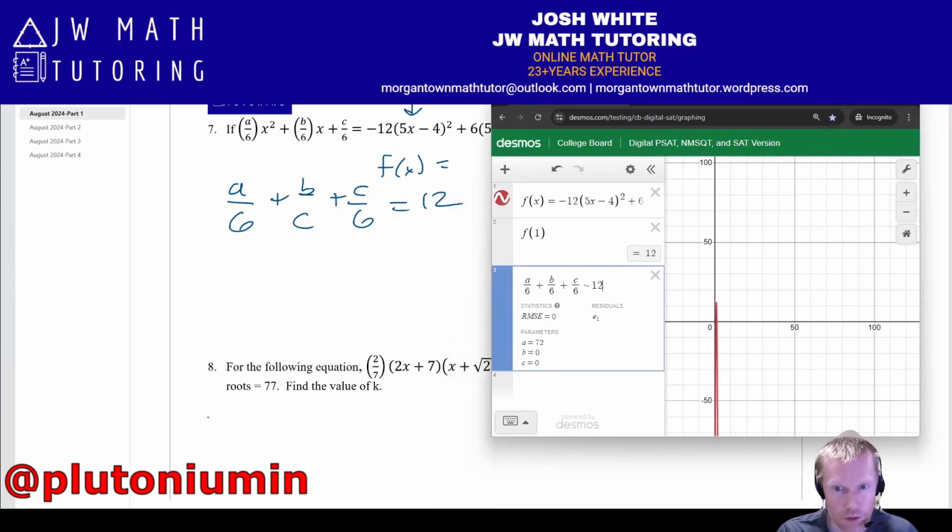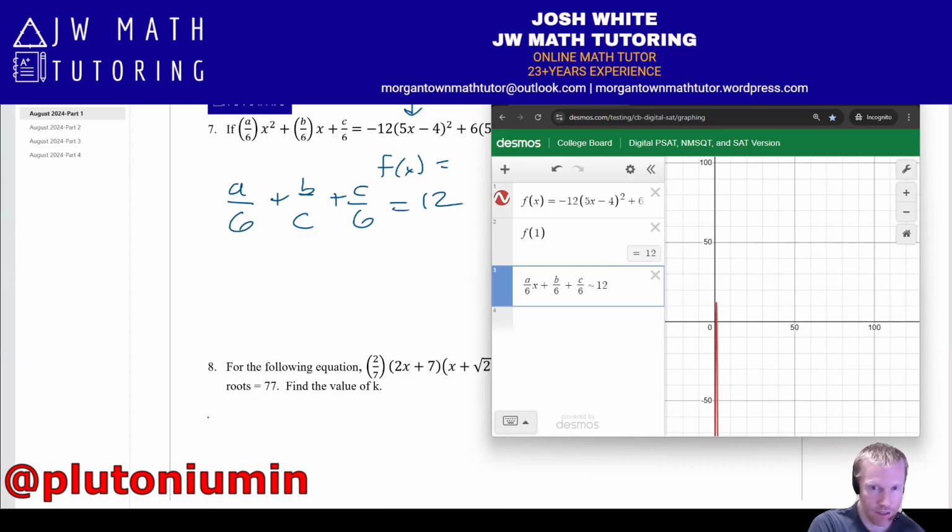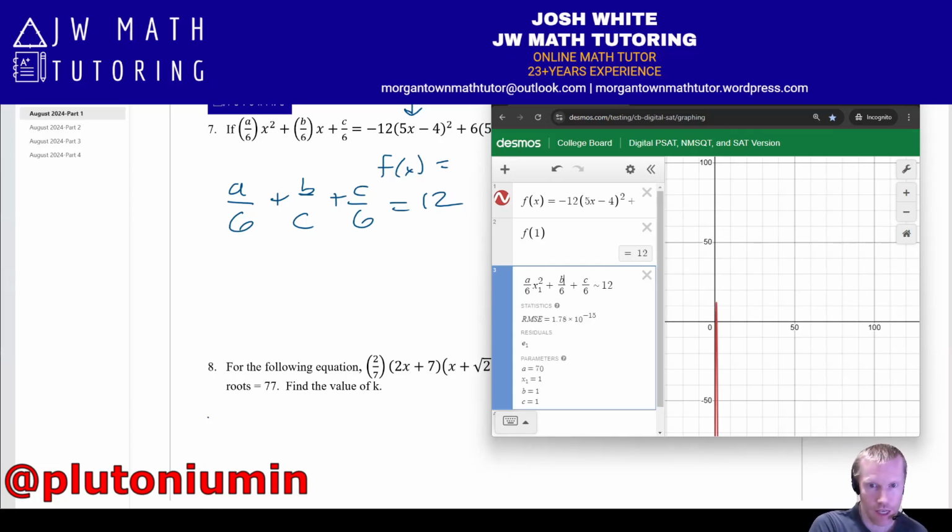And so technically here, notice it just gives you 72 just for A, and the others are 0, but that's fine. It's basically the correct answer. A plus B plus C is still equal to 72. And even if you added in the x's,